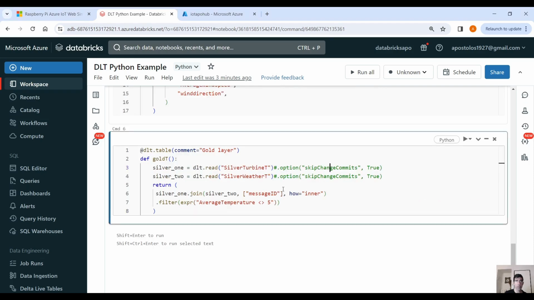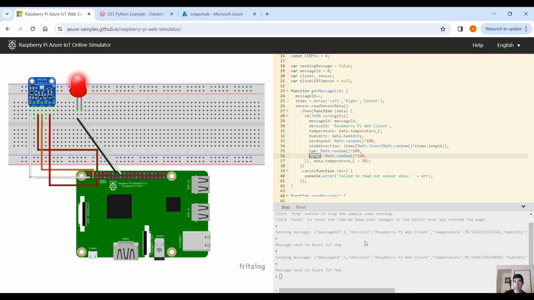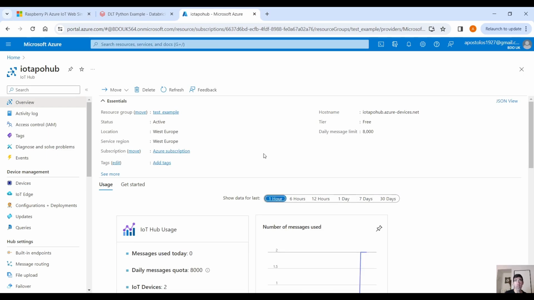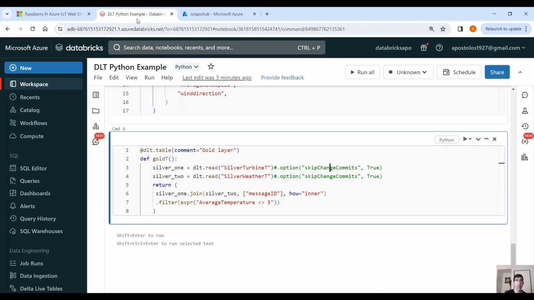Okay, so let's actually start our simulator here. So we can click run and it's going to start sending data. As you can see, it is sending data here: message ID, device ID, temperature, humidity, wind speed, wind direction, RPM, angle, and our IoT hub should start receiving data. It will take a minute or two the first time, but in the meantime, let's create our Delta